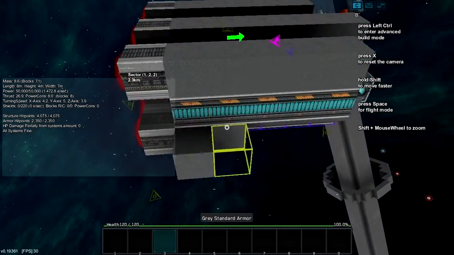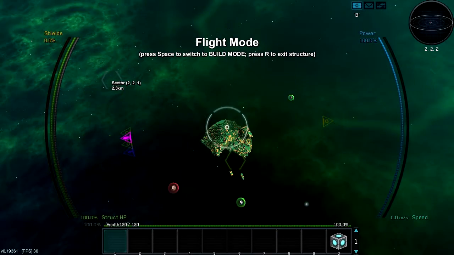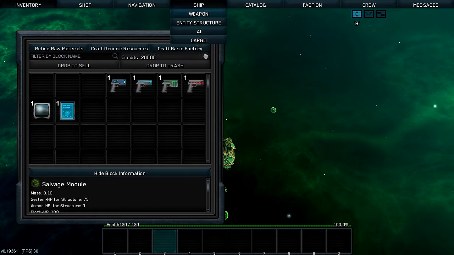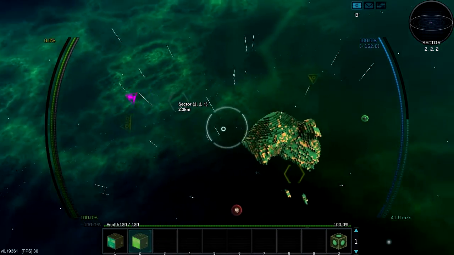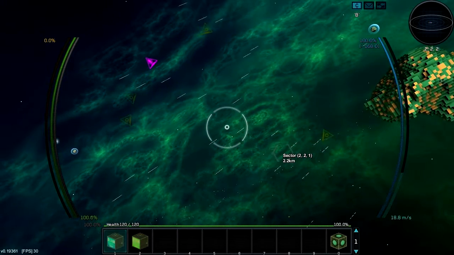There. Thrusters are good and vulnerable, which could be a problem again if I'm attacked, but fingers crossed. Now, inventory, ship, weapon. And we're now at the weapon menu, so I now have access to the salvage and laser beams. Just to show you, you have options as to how to fire. You can do linked fire, which will...